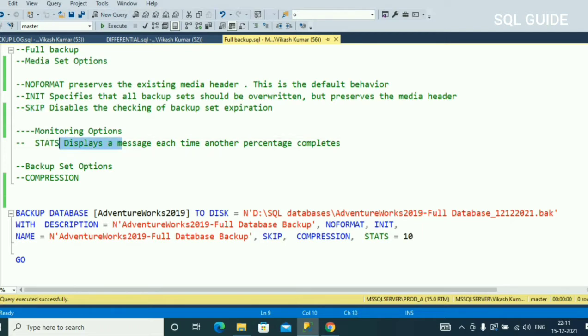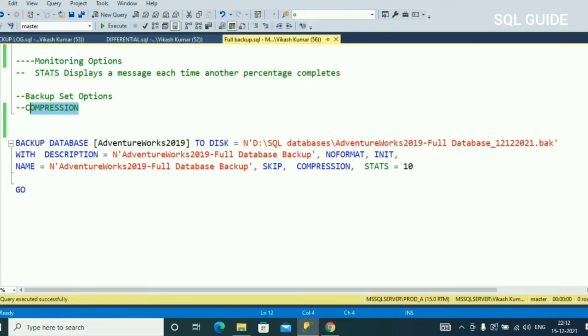And for monitoring, I am using STATS to show the backup percentage complete, and the backup set option COMPRESSION to compress the backup file.